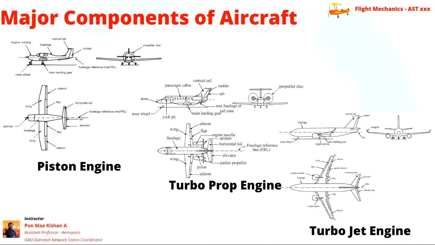So major components of an aircraft, I hope you know that, but I have classified them into three types: piston engine, turboprop engine, and turbojet engine. For the piston engine, the image is given with respect to the Hansa aircraft. Hansa aircraft is developed by HAL, and it is at IIT Kanpur also. For study purposes they have given it, and for flight test they are using this. In case of turboprop, I have shown here the NAL Saras aircraft.